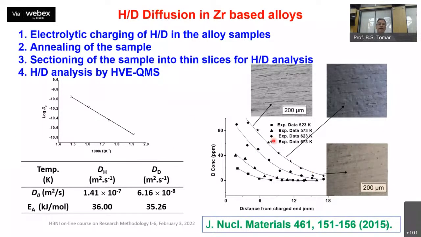You can then analyze the temperature dependence of the diffusion coefficient to find the activation energy of diffusion and the frequency factor for deuterium and hydrogen. They found that the activation energy was the same. The Arrhenius factor has to be different because of the mass difference. So what they found was that the diffusion of hydrogen is higher than deuterium, but it is not high enough to explain such a high concentration of hydrogen in the sliver samples.